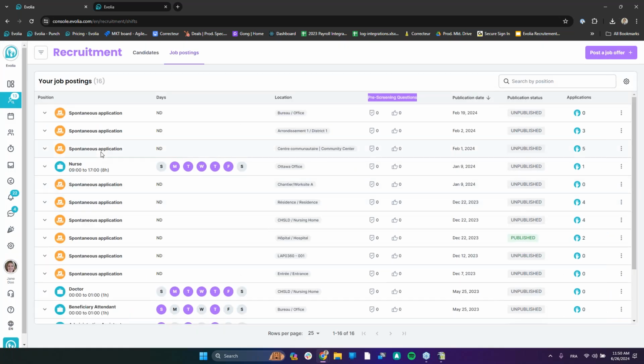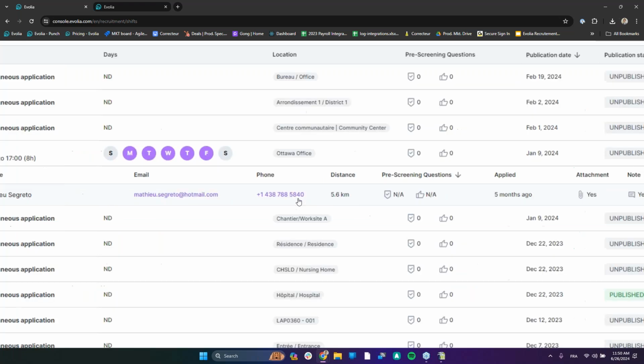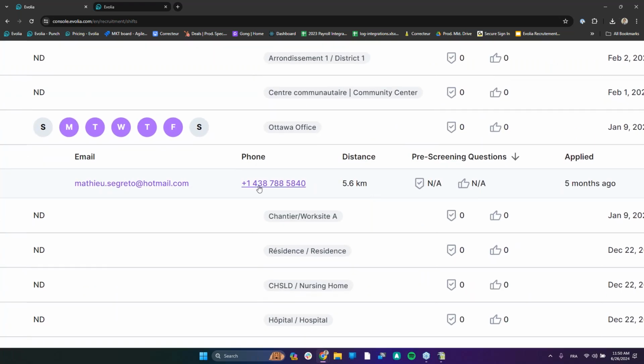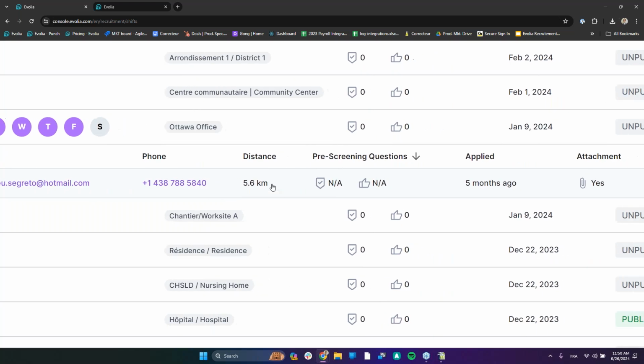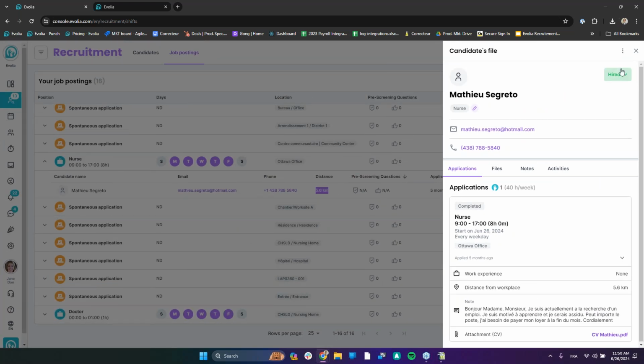but we can have pre-screening questions as well. So as candidates come in and they're locked, you can even see how qualified they are before unlocking them, which is a really neat feature. And it's got a lot of value to it, of course, because you'll save yourself from unlocking candidates that might not be qualified. So as you can see here, I've already unlocked this person, but you would see some basic information, maybe not the full phone number, the full email you wouldn't see for sure. You would definitely see how far they are from your posting,